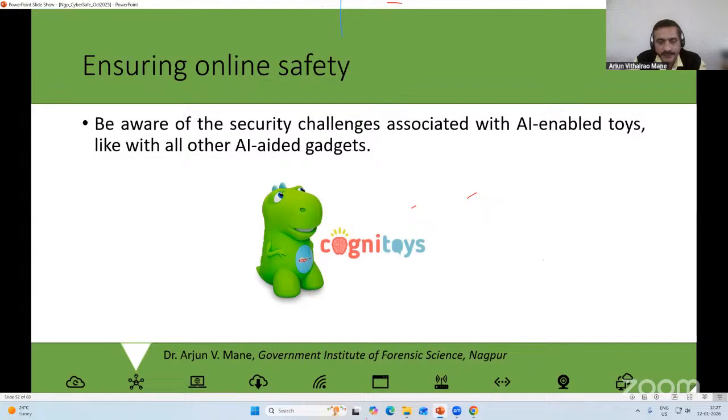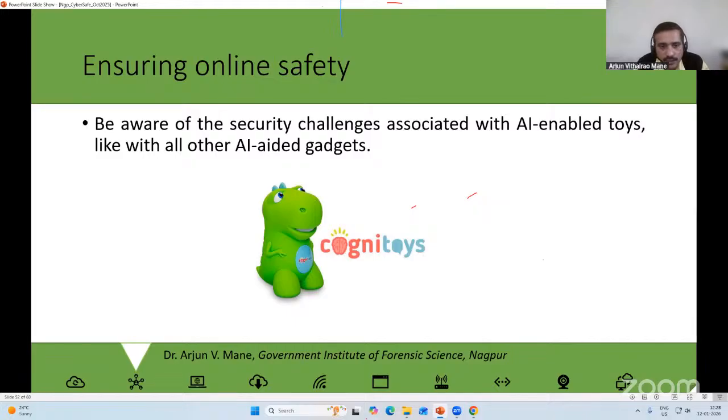Then see, generally nowadays there are so many AI based toys available in the market. Okay, and these AI based toys are having the capability, they can communicate with your children. ये जो गैजेट्स होते हैं आप अपने बच्चों के साथ वो बात कर सकते हैं। वो अगर रो रहे हैं तो उनके लिए लोरी सुना सकते हैं, गाना सुना सकते हैं, या फिर उनको स्टोरी बता सकते हैं। तो स्टोरी टेलिंग भी AI गैजेट्स आते हैं।